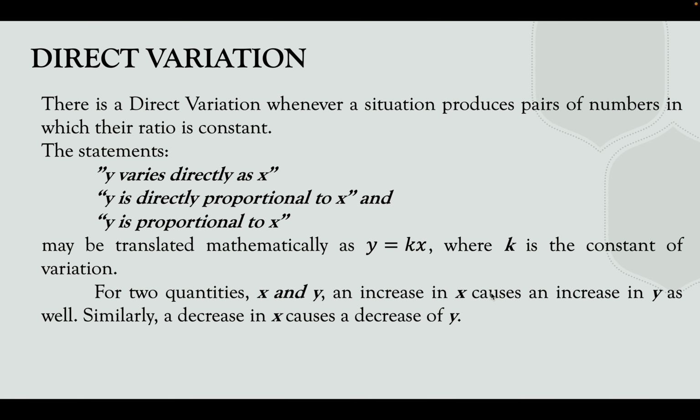Now, let's define first what is direct variation. There is a direct variation whenever the situation produces pairs of numbers in which their ratio is constant. The statements "y varies directly as x," "y is directly proportional to x," and "y is proportional to x" are the statements in the direct variation. It can be translated mathematically as y equals k times x, where k is the constant